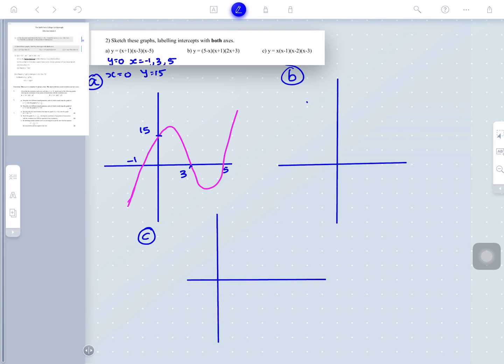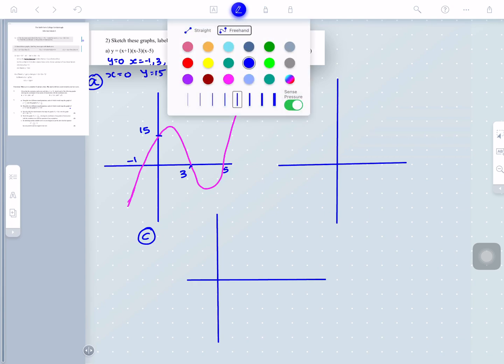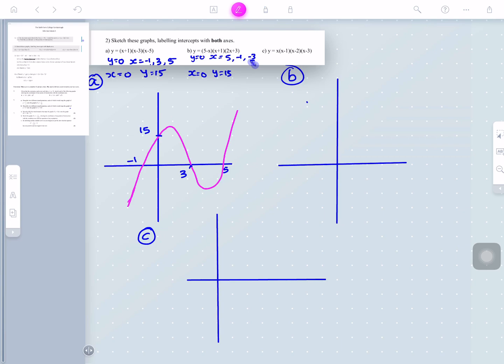We've got here when y equals 0, x equals 5, -1 and -3/2, and when x equals 0, y equals 15. Okay, now this one is a negative cubic, so it will start from this quadrant. Okay, so minus, so it goes